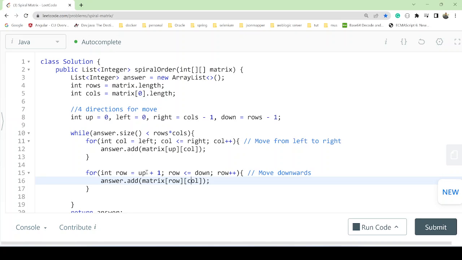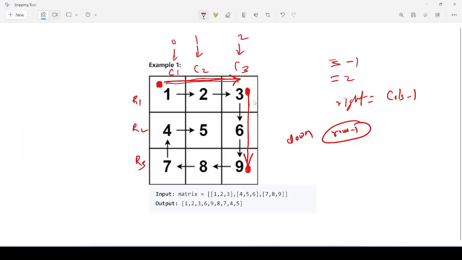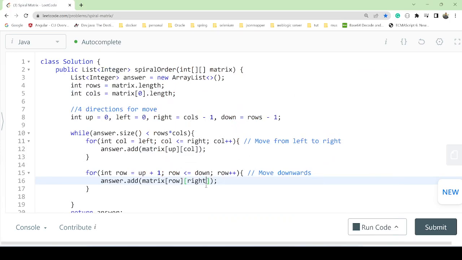And this is our right, because we are at right. Where are we moving? This is the point we are talking about. So we are at right, this direction, right? This is our right. Okay, you got it. Now